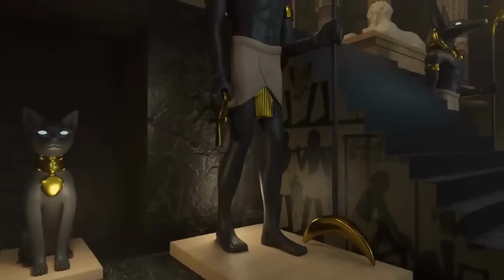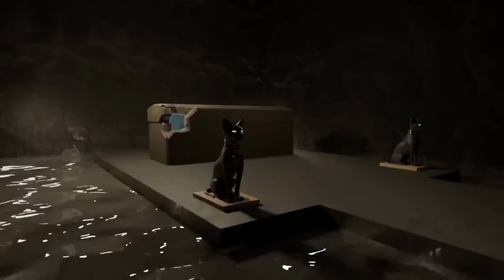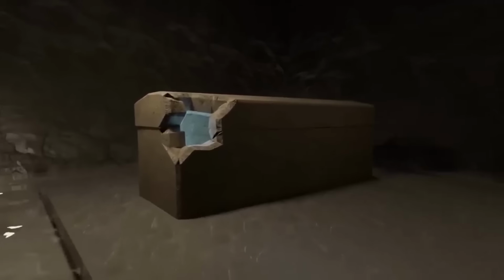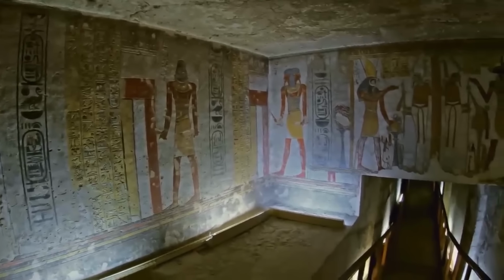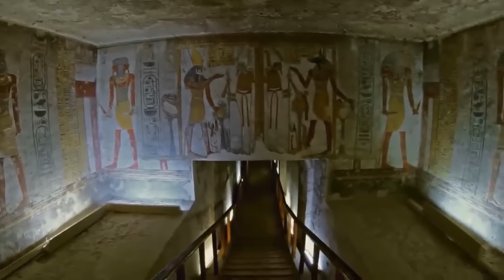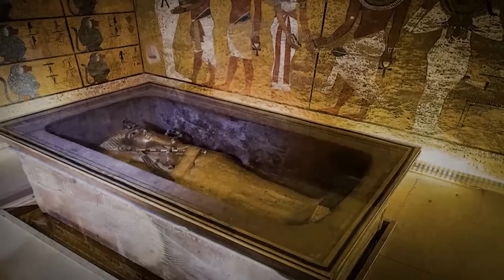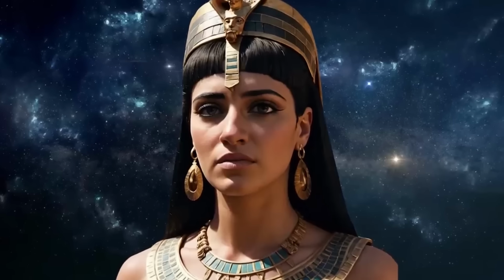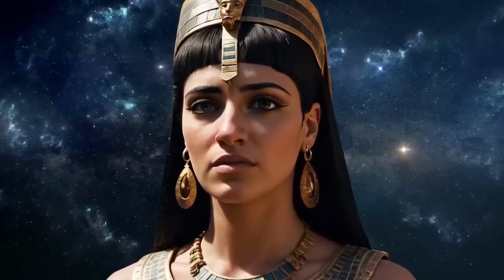The discovery of Cleopatra's tomb has also sparked speculation about a potential curse associated with disturbing her final resting place. Similar to the curse of Tutankhamun's tomb, some believe that those who enter Cleopatra's tomb may face misfortune or supernatural retribution. While there is no concrete evidence to support this theory, it adds an element of mystery and intrigue to the discovery. One of the most mysterious coincidences related to the discovery of Cleopatra's tomb is the alignment of astrological